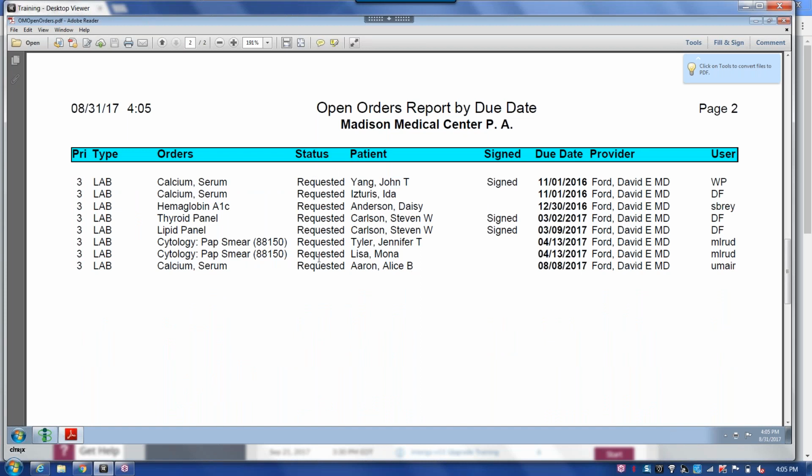And notice I only ran it for the requested status. You may have things out there that are beyond 6 months old. So depending on when you're supposed to go back into the system and close those orders, whether it's 3 months or 6 months or whatever that time frame may be, you can run this report to at least know who to look into to go in the system